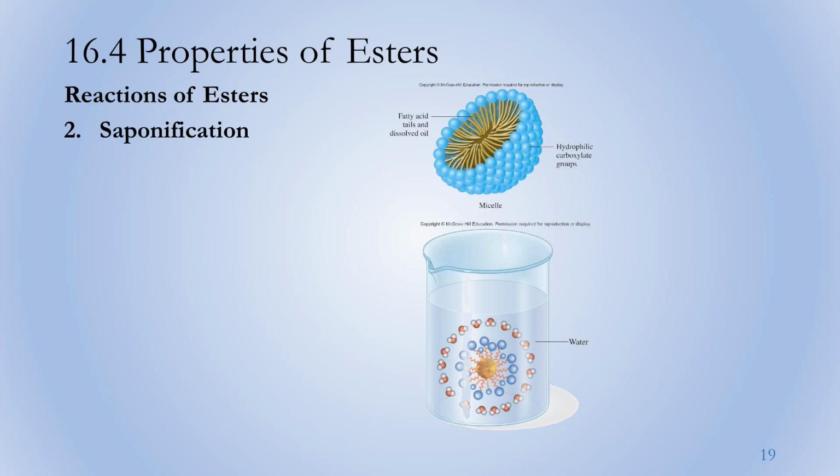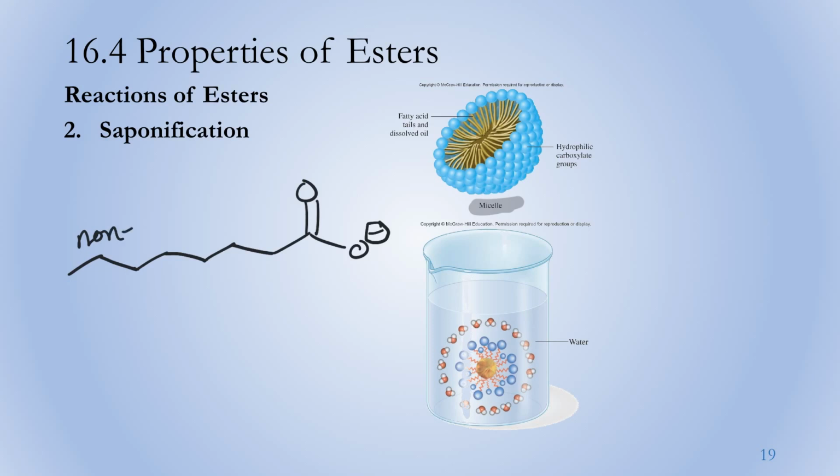This slide here is showing how a soap works. What it does is it forms these things called micelles. So you can see right there, that's a micelle. And so when we look at a compound, let's say we have a really long alkyl chain that was a carboxylic acid. Well, when those have reacted with a base, they're going to make the carboxylate salt. And yes, we're taking it from an ester technically, but either way, you're going to get a long alkyl chain,